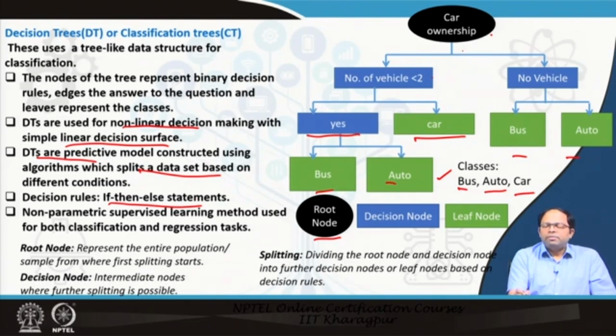Car ownership: if it is no vehicle, or else if it is fewer than 2 vehicles, then what are the options. So, this is how we are splitting the data, and it is a non-parametric supervised learning method. It is a learning method, which means first we have to train the algorithm on the data set to see what results it is getting, and accordingly it will select what questions need to be asked to segregate the data, so that we can arrive at those results very fast. So, what questions to be asked at each step, so that we can arrive at the final classes or so that we can do the predictions properly.